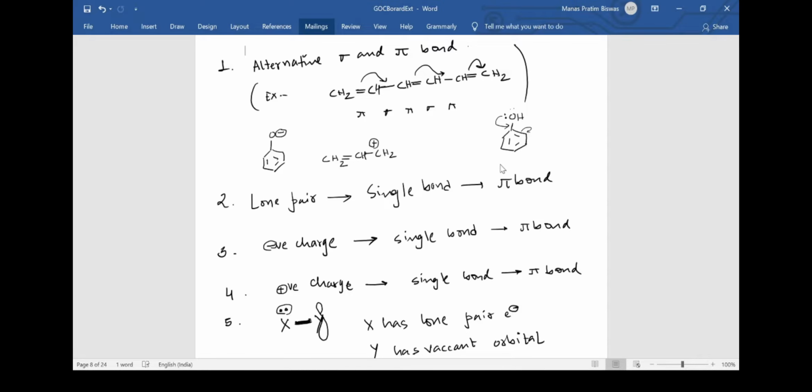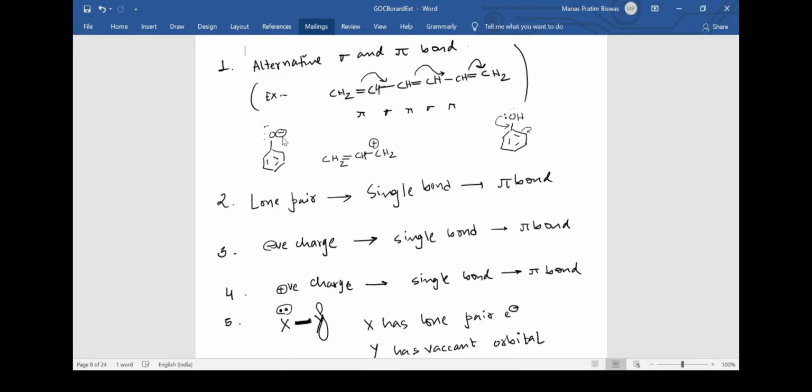Hence resonance can occur. And just an extension of this is that there may not be a lone pair but negative charges. How can there be negative charges? Suppose I somehow remove this hydrogen, which is removed by H plus. What this means is that the electrons of the hydrogen are kept with oxygen and the hydrogen leaves as H plus. Here the hydrogen has been removed, and there were two lone pairs previously, and now it also has the electron of the hydrogen.